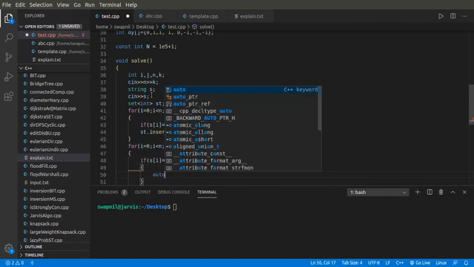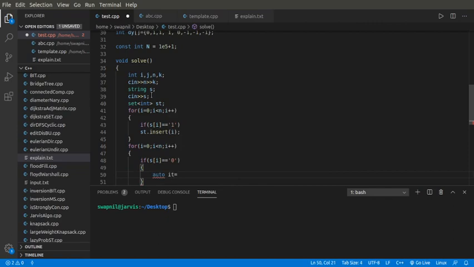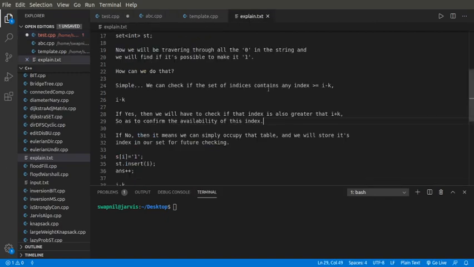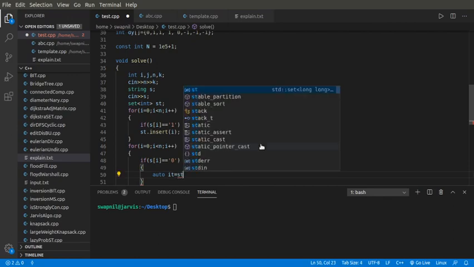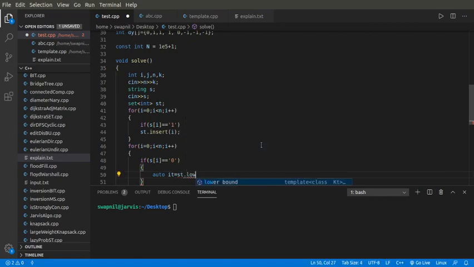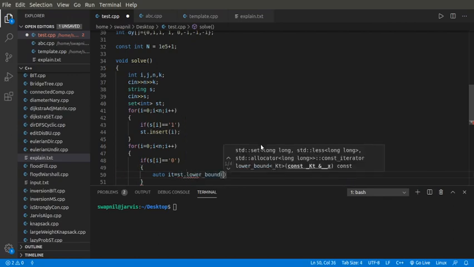Now I have to search whether the index is available, the i minus k one, that is, whether my set contains an index which is greater than or equal to i minus k. I can simply do this using lower bound, and I'll put i minus k over here.